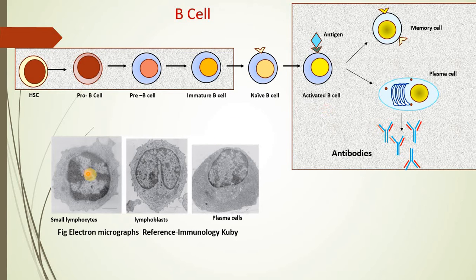Now on the lower side you can see the electron micrograph, wherein one can find the distinction between the plasma cells and the small lymphocytes. What do you understand by small lymphocyte? If you recall, in the previous lecture on T cells, I said that T cells as well as B cells, which come from progenitor cells in the form of pre-cells, are very small as compared to their matured condition. Here the distinction can be seen with reference to the cytoplasm and nucleus ratio.